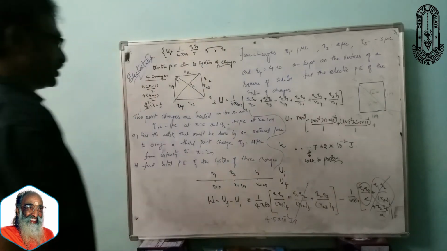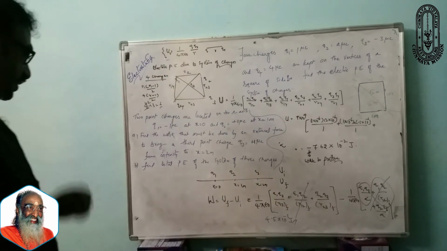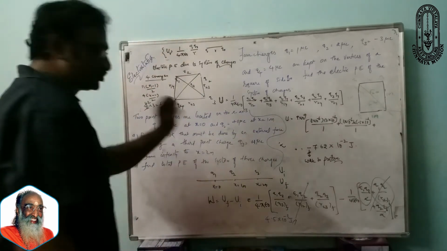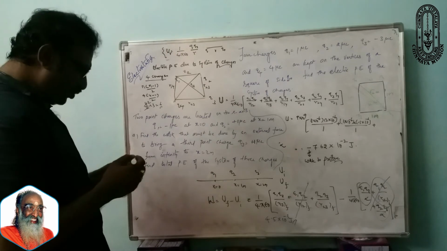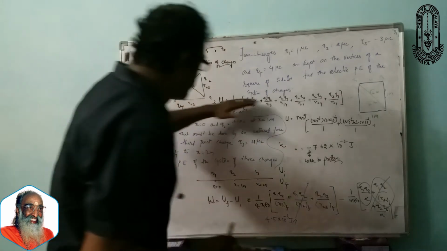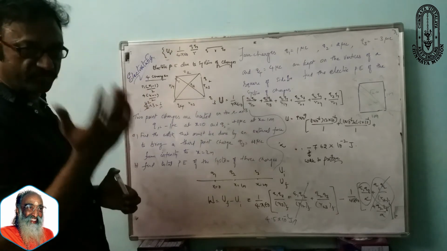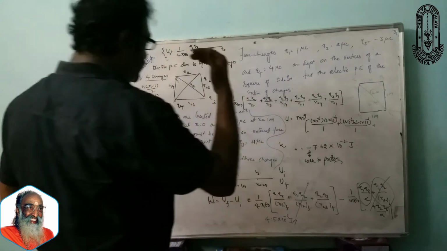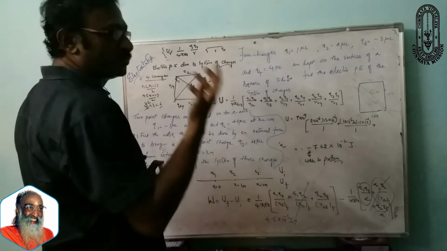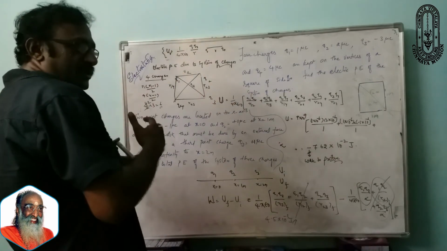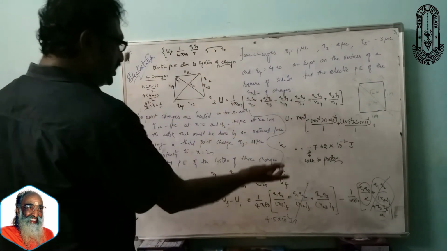Okay, you can check it out by making a calculation. And this is the answer for the first one. The only one thing we used here, apart from applying this formula, is if you want to find the work done by the external force, it is changing the potential energies. Changing the potential energy means final potential energy minus initial potential energy. Just apply it and do it.